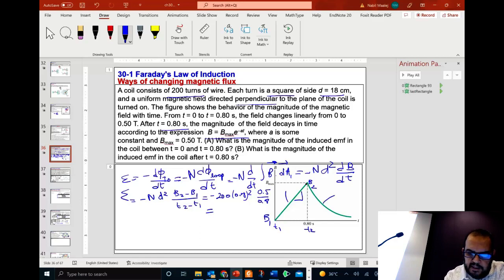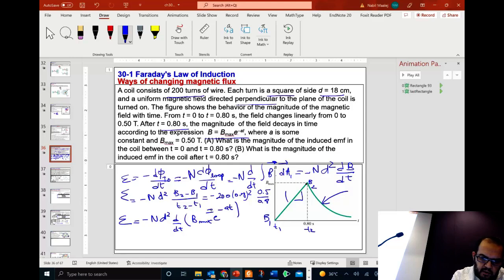Now let's do it for this part. So it should be the same equation, except now we're going to take the derivative of the exponential. It's minus N d squared, the derivative with respect to time of B max exponential minus AT. Okay, so let's take the derivative of this. The derivative of an exponential is known. So we have minus N d squared. The derivative of minus AT is minus A. So minus minus becomes A d squared. Okay, and we have B max